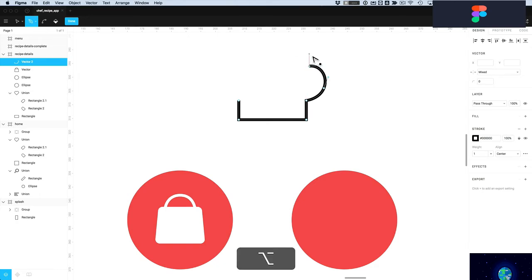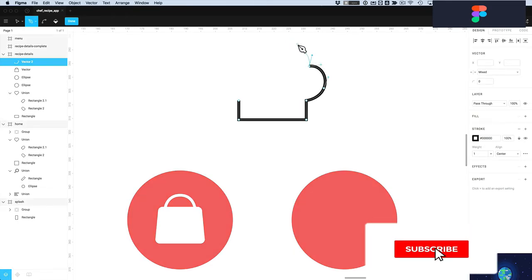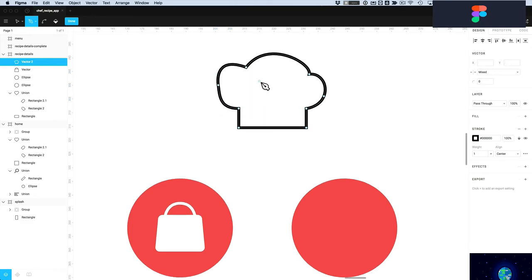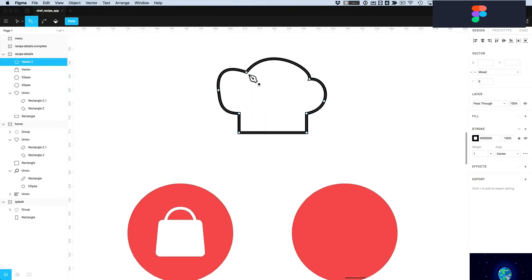So I can say I want this curve to start out here, and you can see it's giving me a little preview of what that's going to look like. So here I can say I'll start here, and let's just click and drag. We'll hold down Option to break that symmetry again, and let's click and drag somewhere here and here. So you can see this hat is looking a little bit funky,